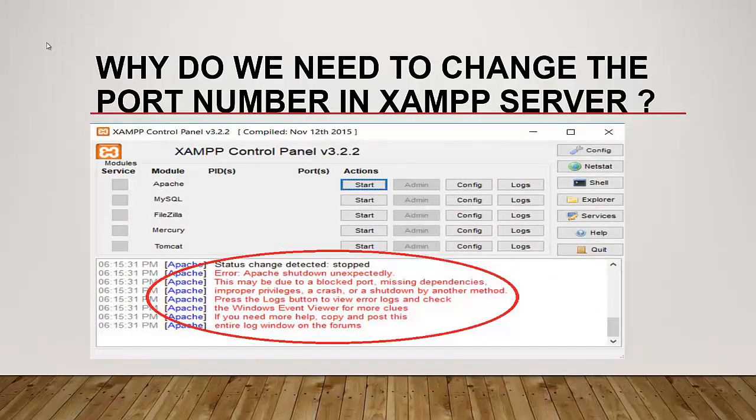When you start your Apache web server, you will see this kind of error message: Apache shut down unexpectedly due to blocked port. Reasons behind this error message.